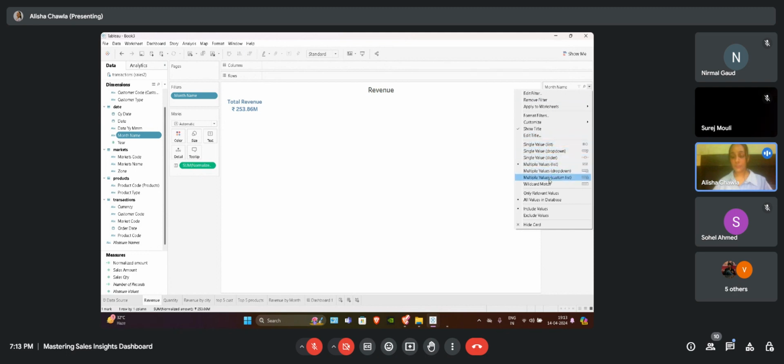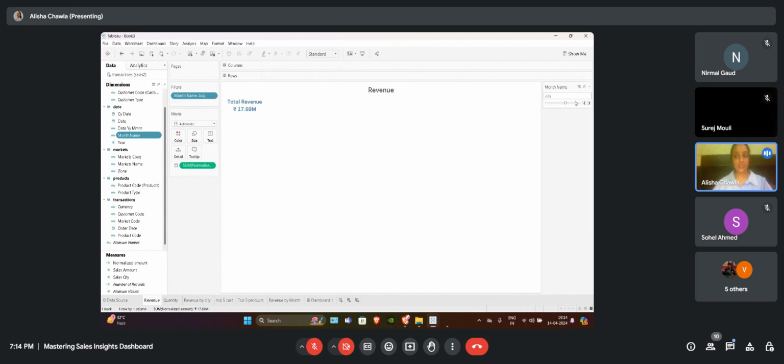We have these options here from where we can select what we want as a filter. We can allow a user to choose only a single value from the list. This is one option we can provide to a person. The second option is that a person can choose one single value from the drop down. Another is a single value from the slider.